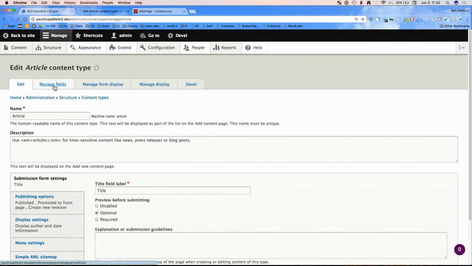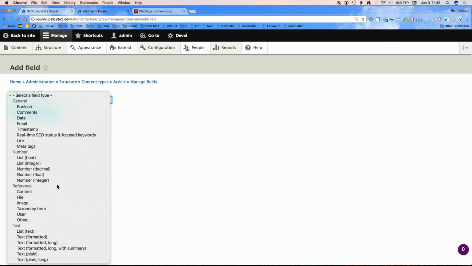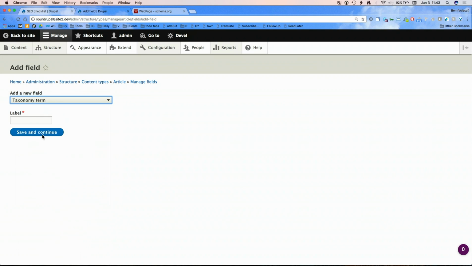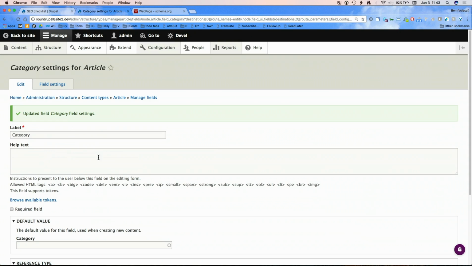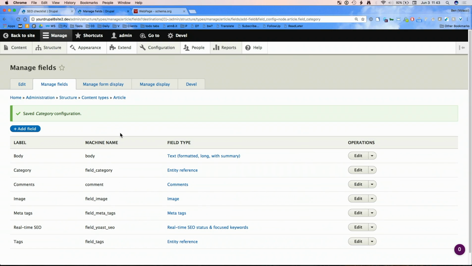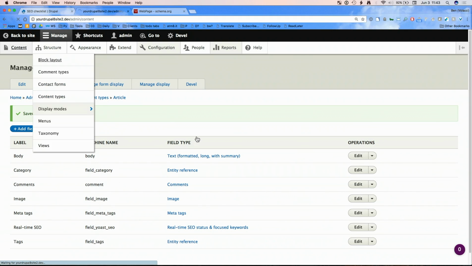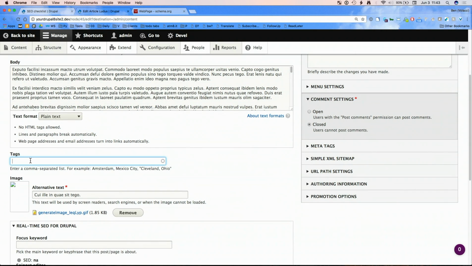And we add a field, correct? And we're going to add a taxonomy reference. We're going to call this category. Save that, and then we have to define, right? This seems a little different to me. And then you define what it is. Here we go. Okay, now I should be able to go to this is an article. So let's go find an article. Ludus is our article, and I should now be able to add a tag, and